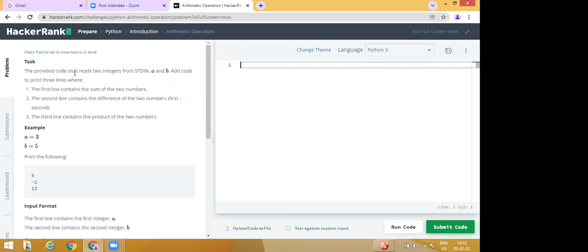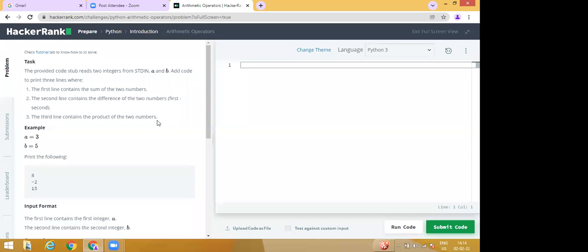If you read the question, the provided code reads two integers from stdin, input A and B. Add the code to print 3 lines where the first line contains the sum of two numbers, the second line contains